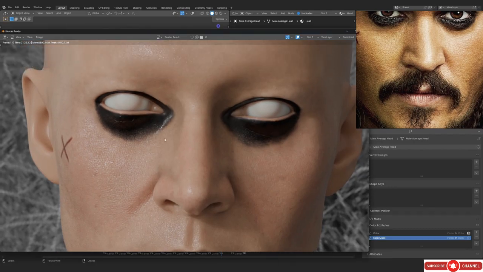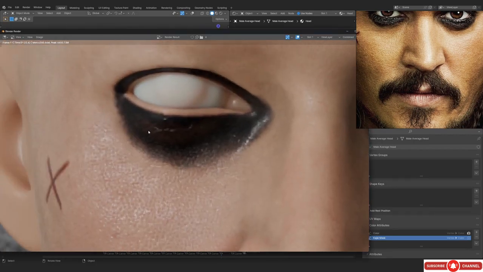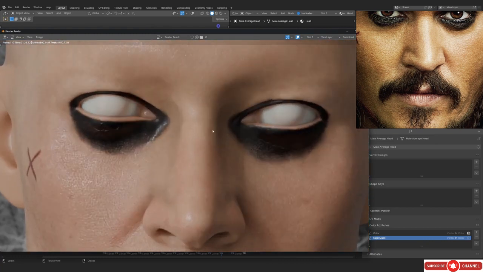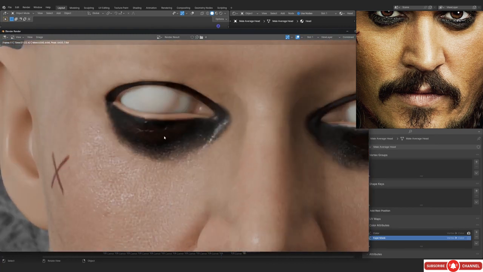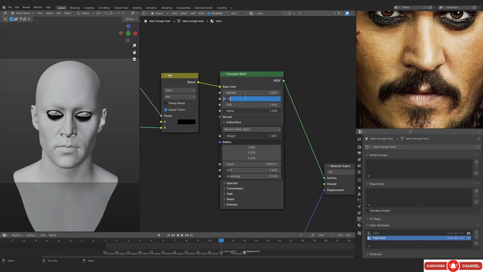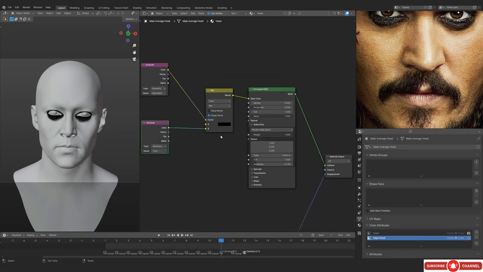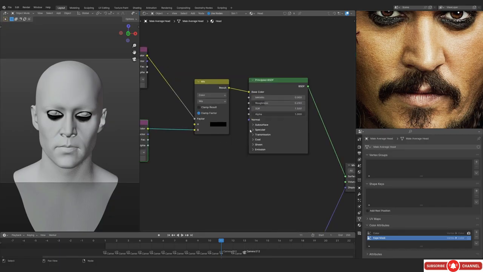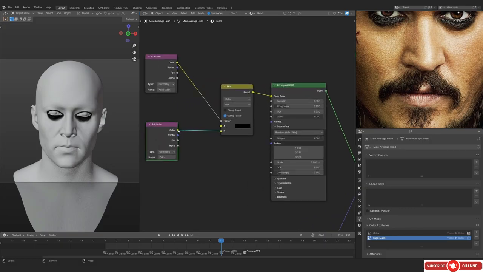The thing is, the mask is also part of subsurface scattering, so we can literally just use this mask into a subsurface scattering input, and we can reduce the subsurface basically. So I think this is going to be the second thing that I'll do. And if you were to look at the roughness, it is at 0.012. So I think I've decided to increase the roughness. Maybe it was looking a little bit too shiny, and in the reference here, the Jack Sparrow skin is not really that shiny, so that's what I'm trying to do here.